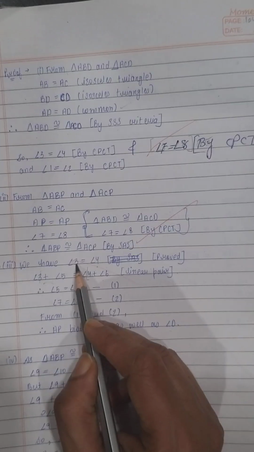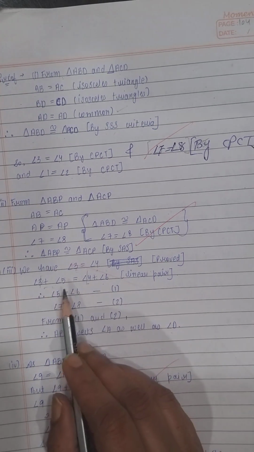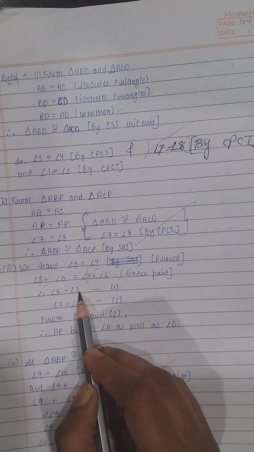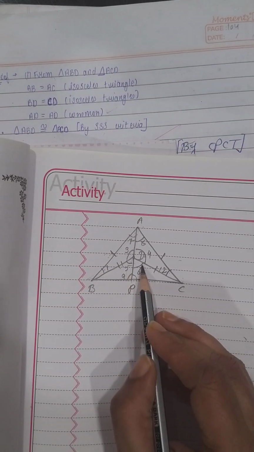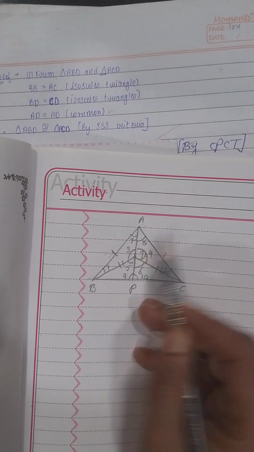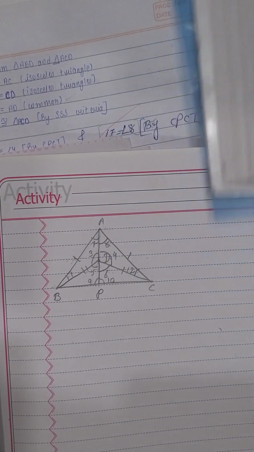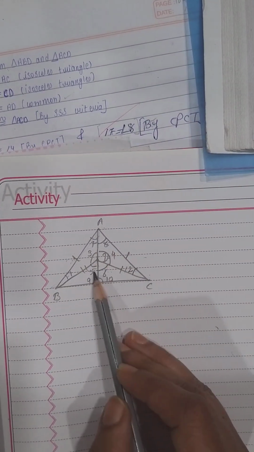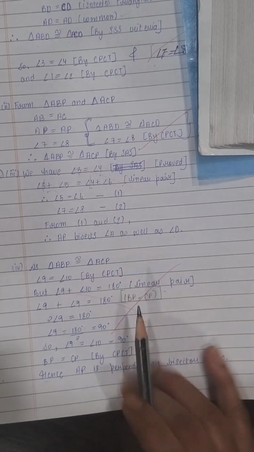So you know that 3 is equal to 4. If I put 4 here, they will cancel. So 5 is equal to 6 we will get. 5 is equal to 6. See, 5 is equal to 6 we have proved now. And earlier we have proved 7 is equal to 8. What was the third condition? We show that AP bisects angle A and D. Same thing we have proved. This is equal to this and this is equal to this. Third part done. Now come to the fourth part.